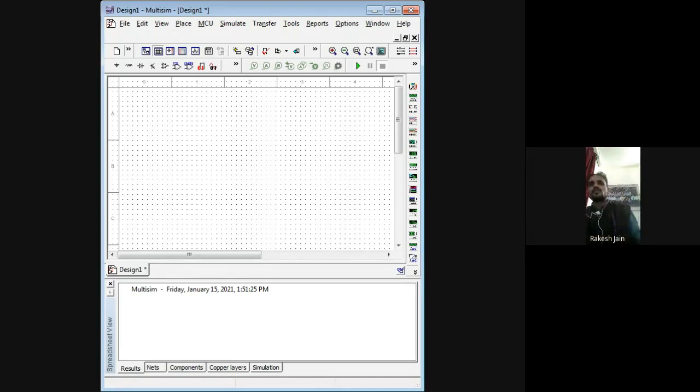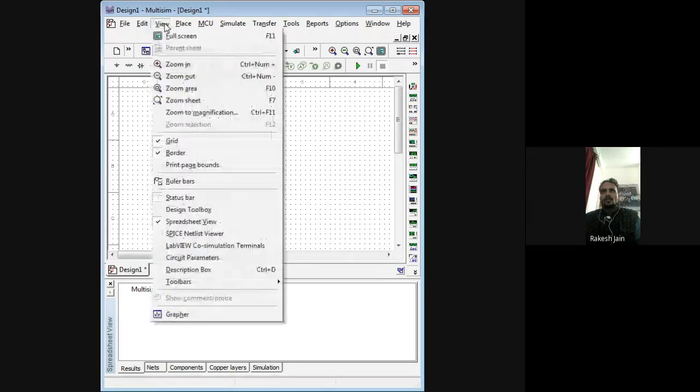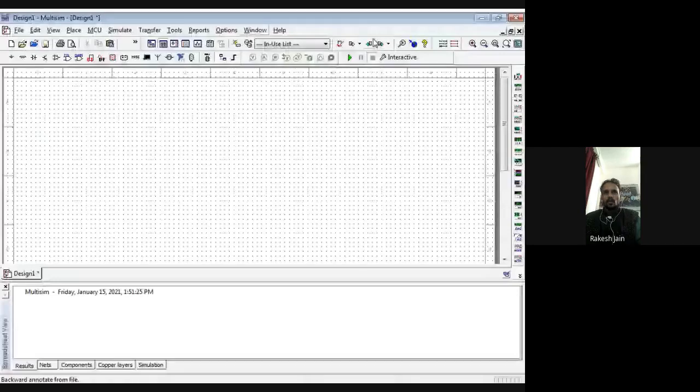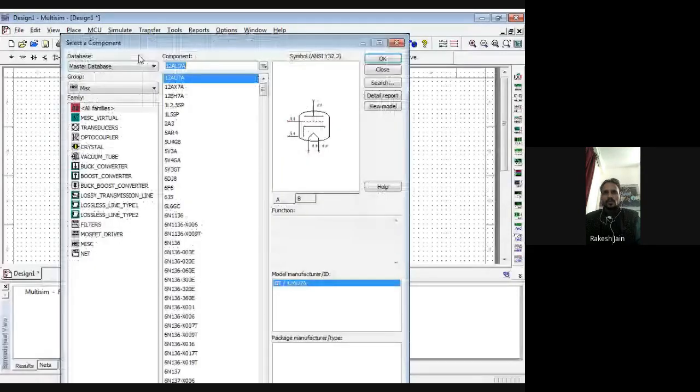Now we are going to do this practical on Multisim software, RC phase shift oscillator using a transistor. Now see, first of all, the circuitry which we require for this is a transistor. So let's suppose we use any NPN transistor.